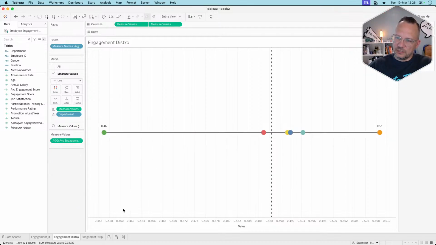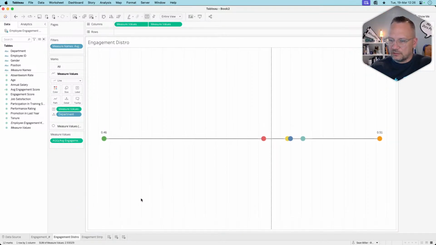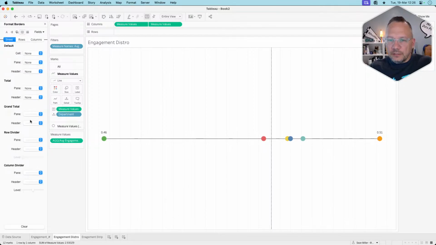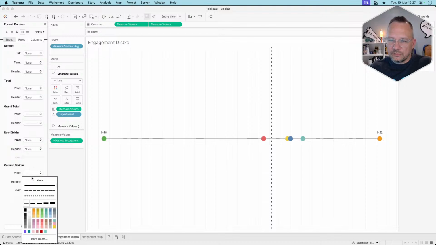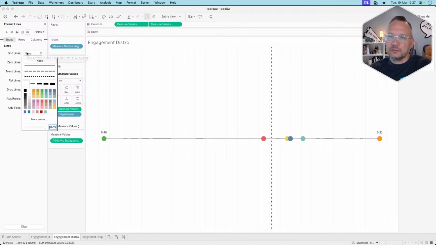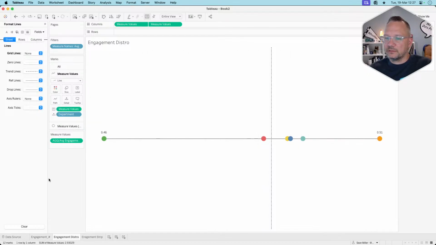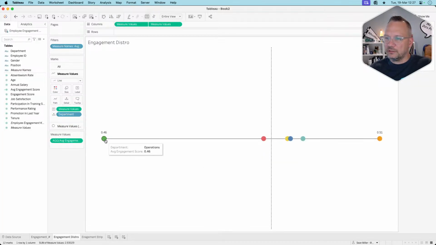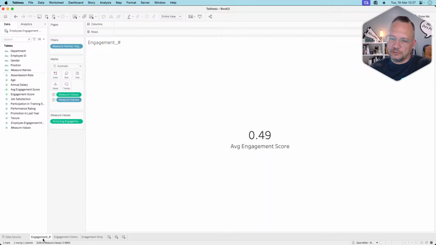So now you can kind of see, and the reason I can do that is because I can go here, I can kind of start cleaning this up. And now, the reason that this is going to be so much better, let's get rid of all the grid lines, is now whenever I want to change. And then for here, let's go ahead and clean this up, right? So yeah, engagement score, operations, right? So now, whenever I want to change, so let's duplicate this,